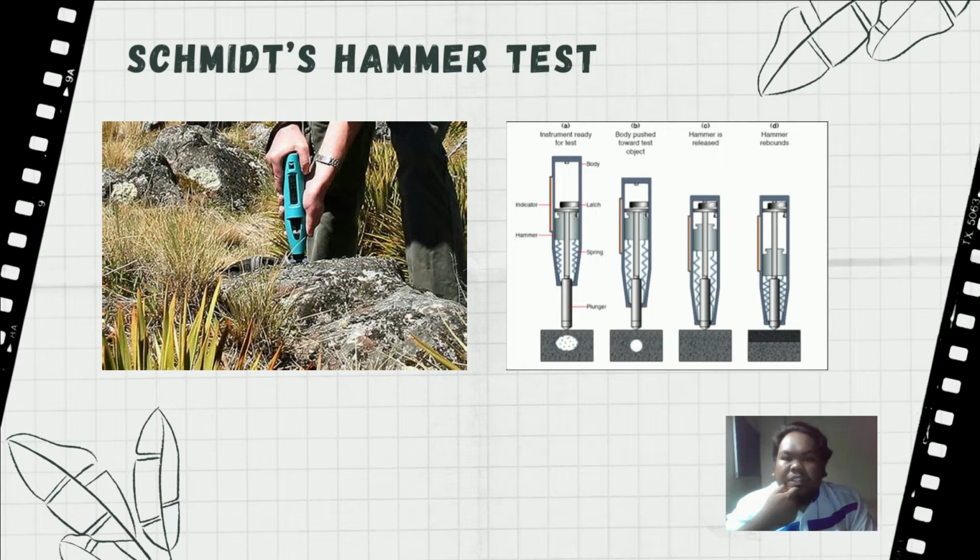The rebound of a spring-loaded mass slamming against the surface of a sample is measured by the hammer. The test hammer strikes the concrete with a specific amount of force. Its rebound is determined by the concrete's hardness, which is assessed by the test equipment. The rebound value can be used to calculate the compressive strength of the concrete or the rock using a conversion chart. The hammer should be held at a right angle to the surface